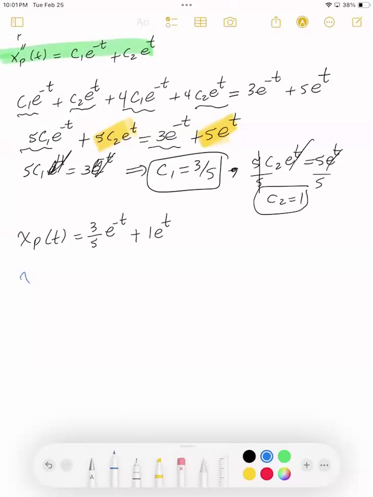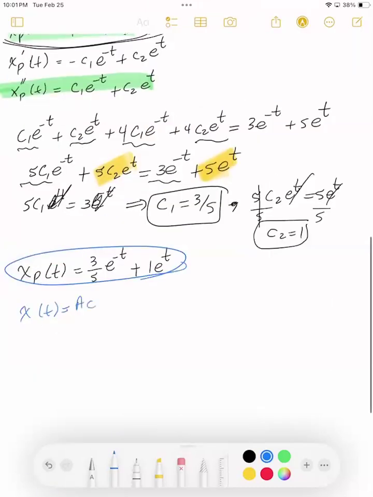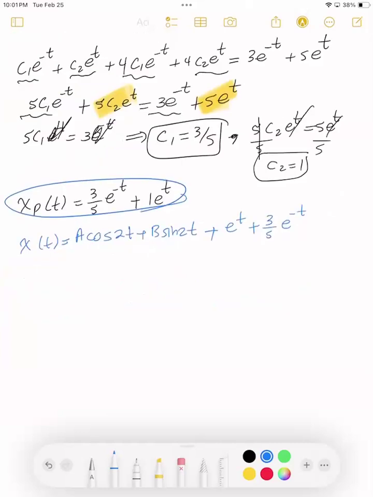So x of t is both solutions, this one and this one. So it's going to be a cosine of 2t plus b sine of 2t plus e to the t plus 3/5 e to the power minus t. Now the last thing we want to do is also find y. To find y, we have